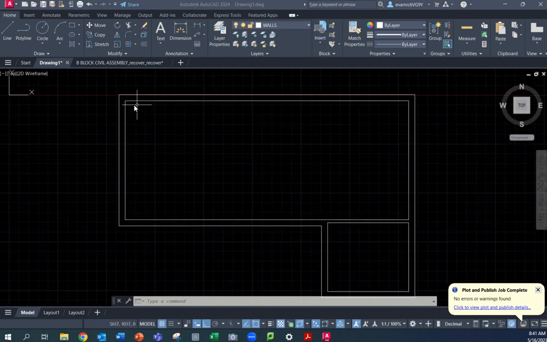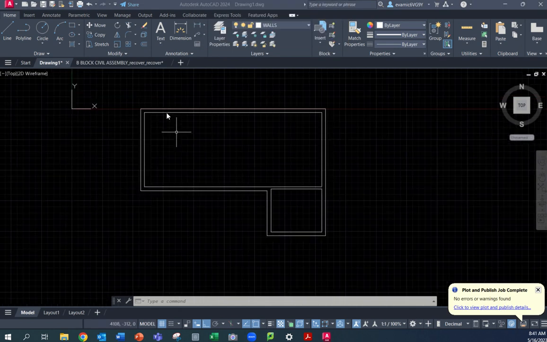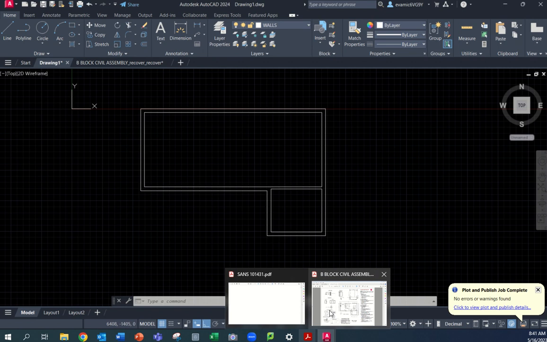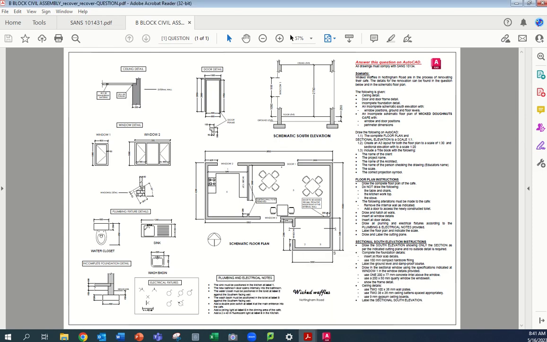All right, so the next step here is to go and get the placings or placements of all the windows and doors on the floor plan. And then in a separate video tutorial, we'll look at how to create each one and then populate them. So let's go and have a look at our document and see the dimensions to placements of each of these features. So if I zoom in here,